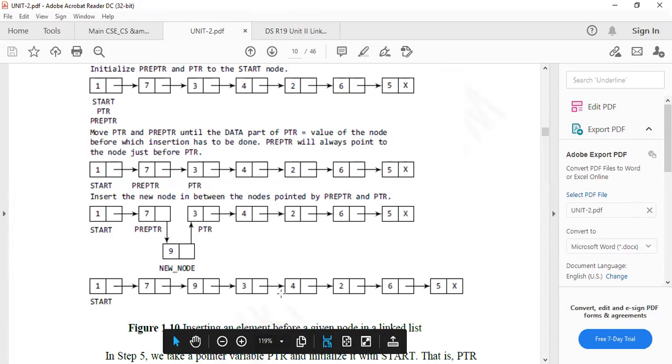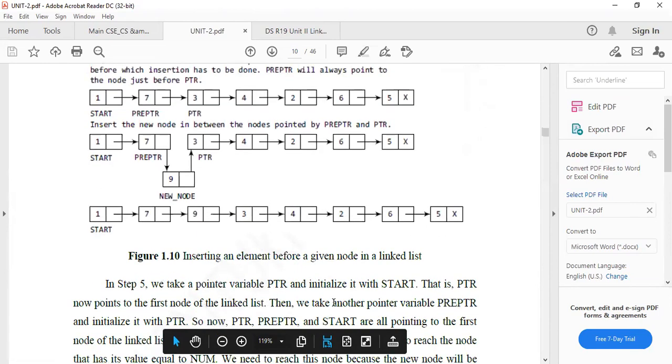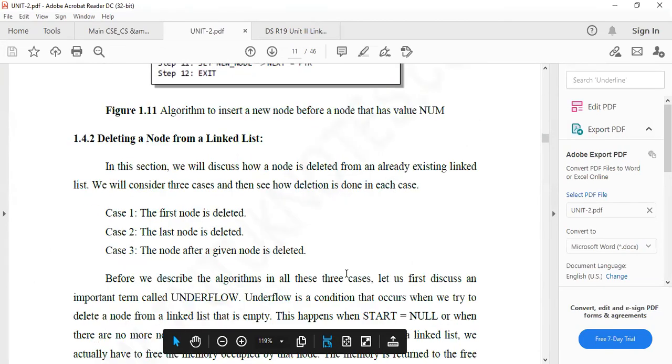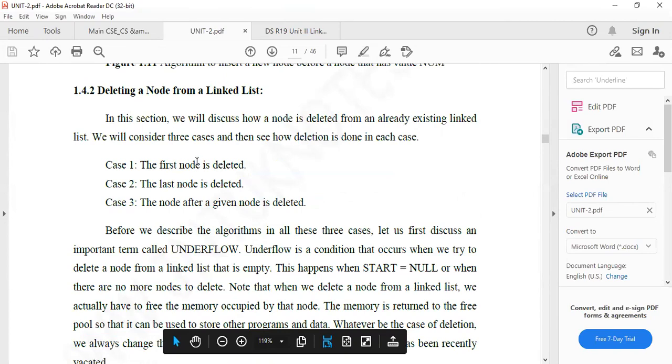So in that case, every node has the possibility to be deleted. So the first node is deleted and the last node is deleted, and any other node is also deleted. So these are the 3 cases.